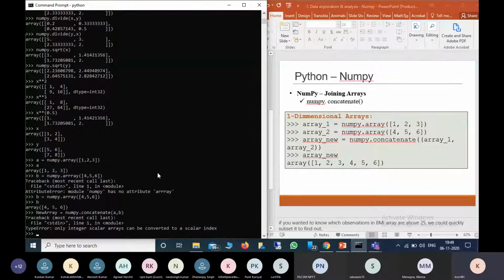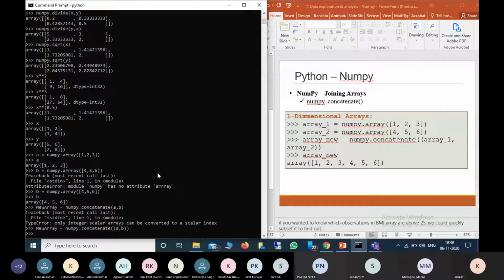Here it is giving an error because we have to give only one argument. So for that we have to put a comma b as one argument in brackets. So now it will work.